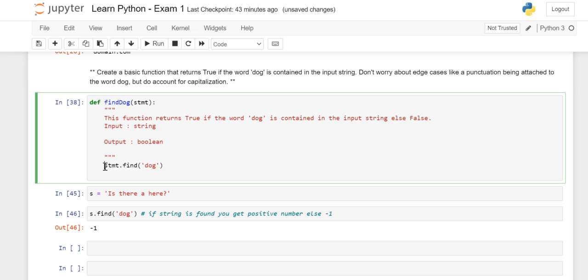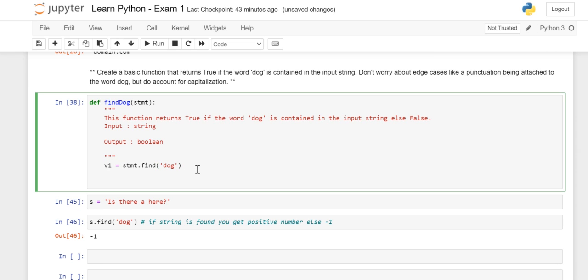So let's store it in v1, which is going to give me a certain value. We need to return true or false, so how can we do that? I need to write an if else. If v1 should be greater than